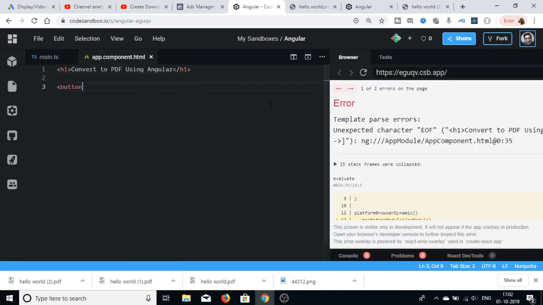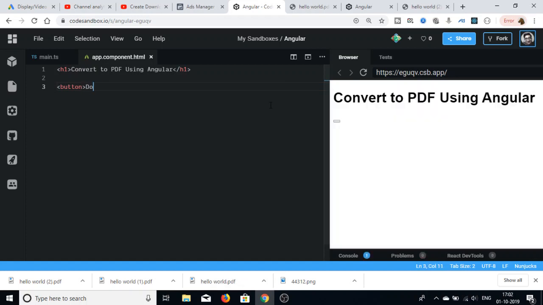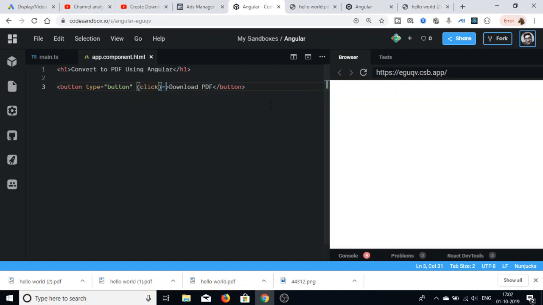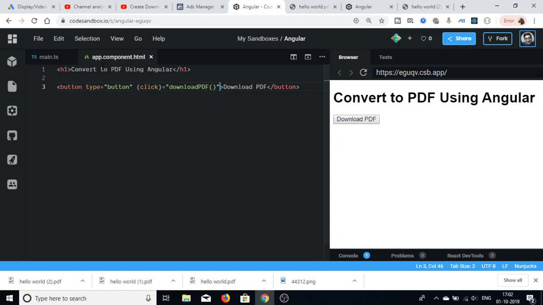So now we will be having a button which will say download PDF. So this will have a type attribute of button, and also a click listener. So bind a click listener. So after clicking this, we will be executing this function which is downloadPDF. So this is all the code that is required to write in app.component.html. Now we will move on to the